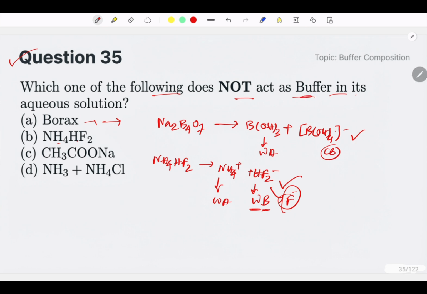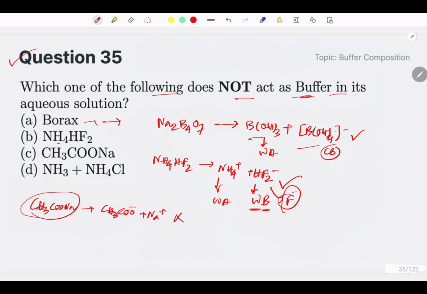A buffer solution contains a weak acid and its conjugate base. In CH3COONa, we get Na plus and the acetate, so this is not a buffer solution; only the conjugate base is present, okay,